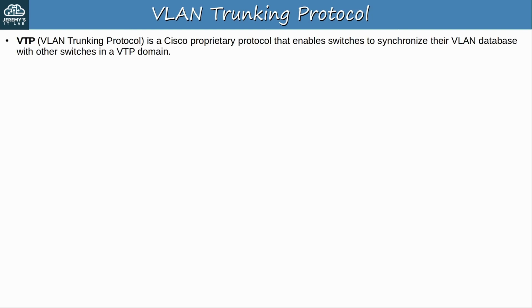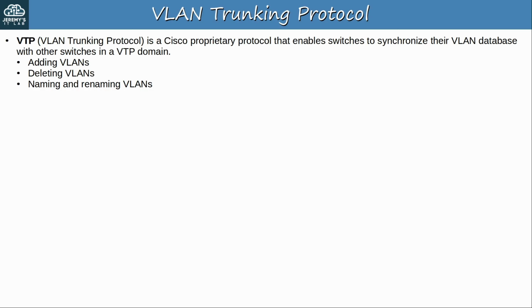First, let's review some basics about VTP. VTP is a Cisco proprietary protocol that enables switches to synchronize their VLAN database with other switches in a VTP domain. A VTP domain is a group of connected switches, with the same VTP domain name configured. VTP automates the processes of adding VLANs, deleting VLANs, and naming and renaming VLANs on switches. If you make a change to a VTP server's VLAN database, it will advertise those changes and other switches will